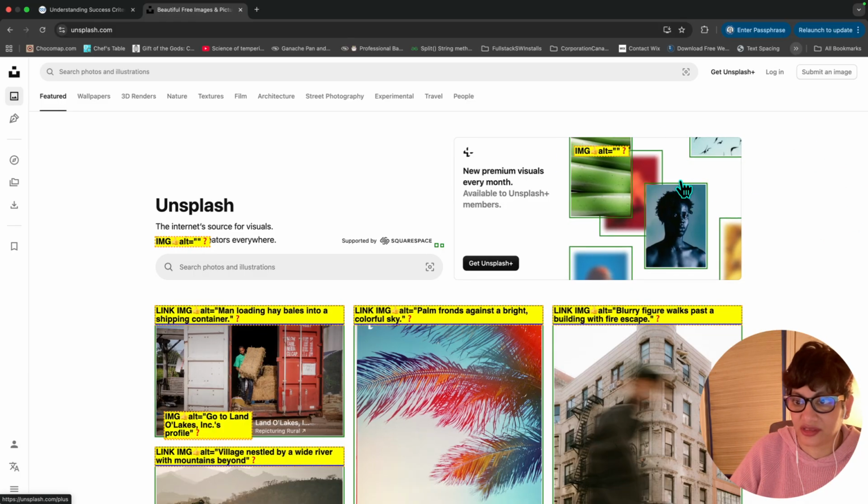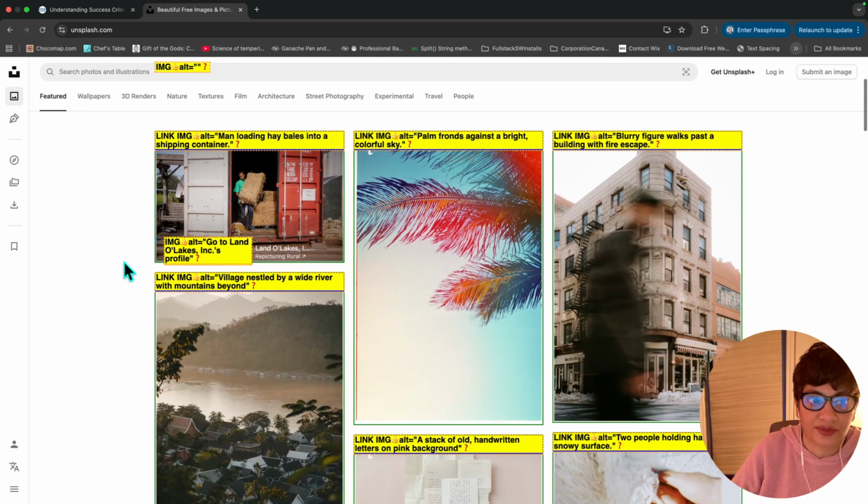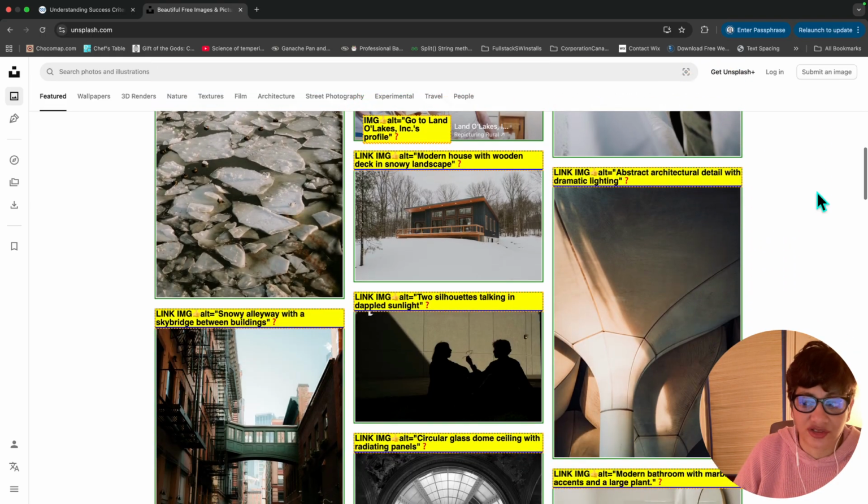Makes sense because this is not of particular content interest to the website. This is also marked as a decorative image, and that's good. So this has an alt text: man loading hay bales into a ship container. That's correct. So this will let you know if there are alt texts, but you have to actually physically go